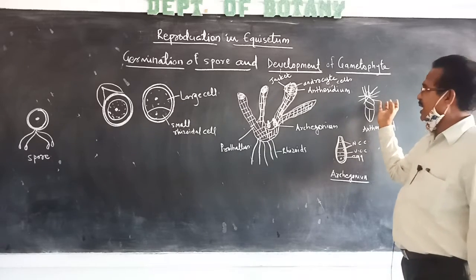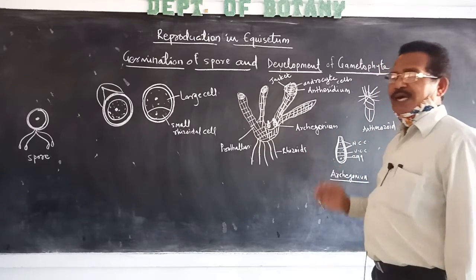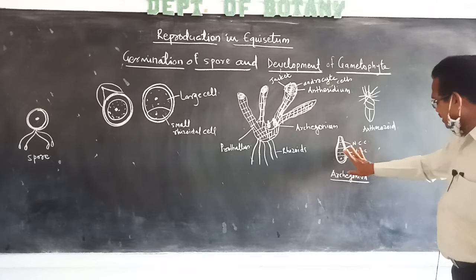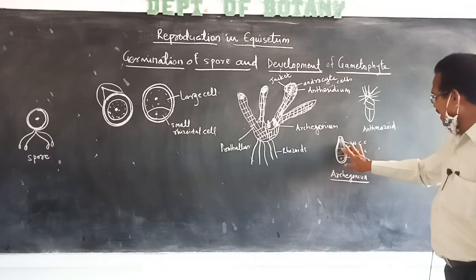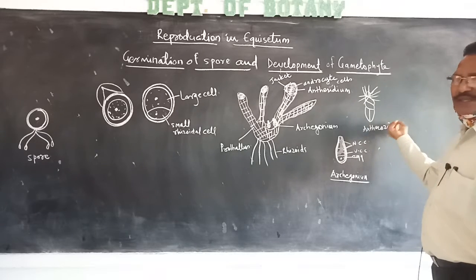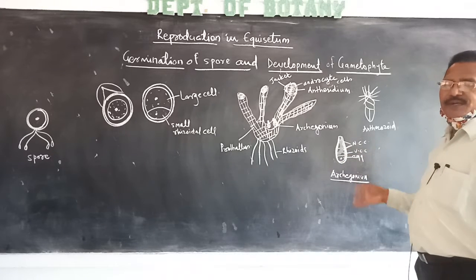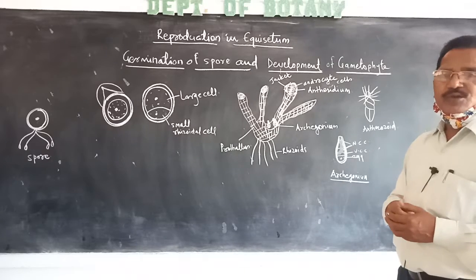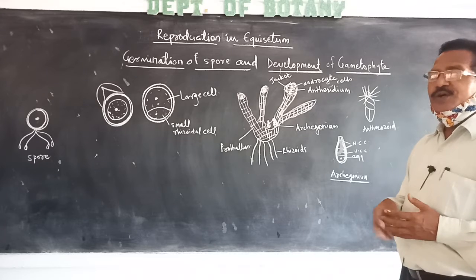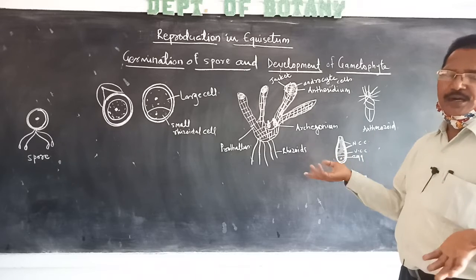They swim in water and come in contact with the neck of archegonia. Prior to fertilization, the neck canal cells and venter canal cells disappear, and form the passage through which a single antherozoid enters, and it fertilizes the egg. After fertilization, it develops into a zygote, and the zygote gives rise to an embryo. The embryo later gives rise to the sporophyte of equisetum.